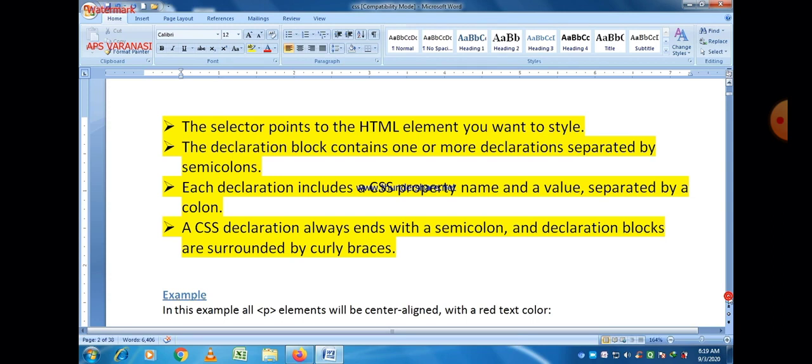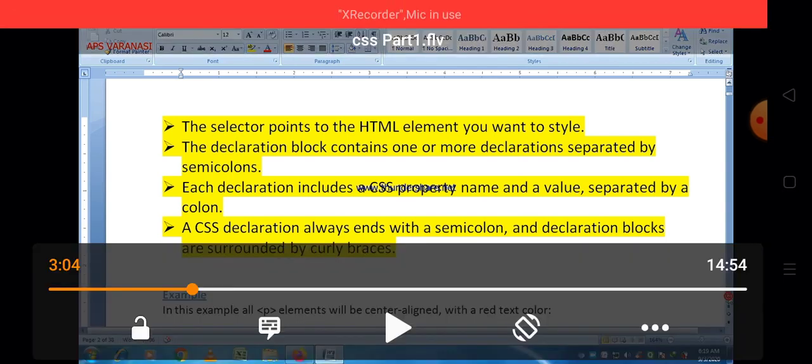So property and value should be separated by a colon sign, each property value combination must be separated by a semicolon sign, and all these property value combinations are written within curly brackets. So these are the three important things.